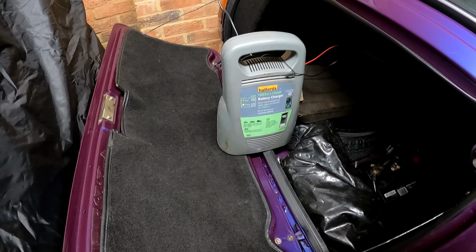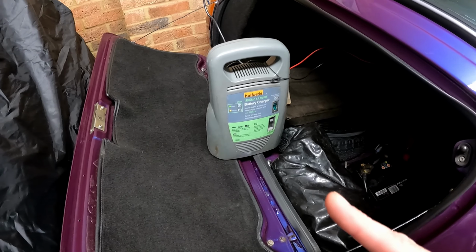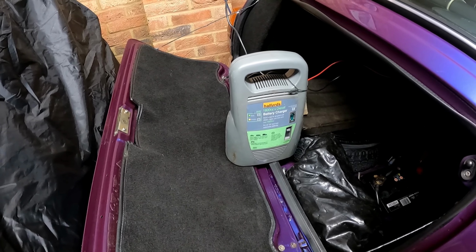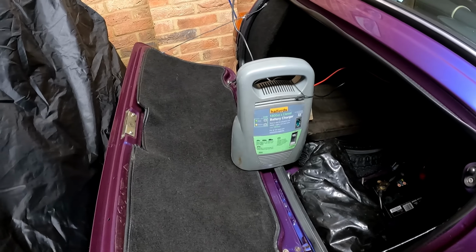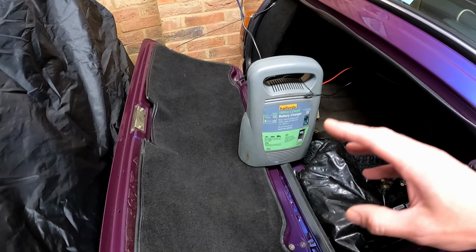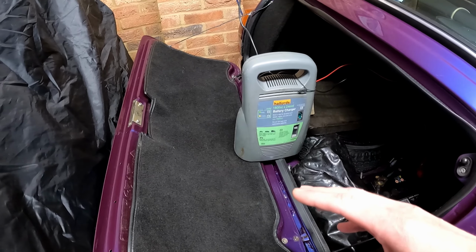the battery loses about 0.1 volts per month even when it's disconnected. Now that doesn't sound much, but consider the battery is completely empty at 10.5 volts. So there's only about 2 volts which are usable. And once it drops below 12.5 volts, the battery will start to sulfate, which means it will start to damage the battery permanently. So we want to make sure there's enough voltage in there to stop it dropping below 12.5